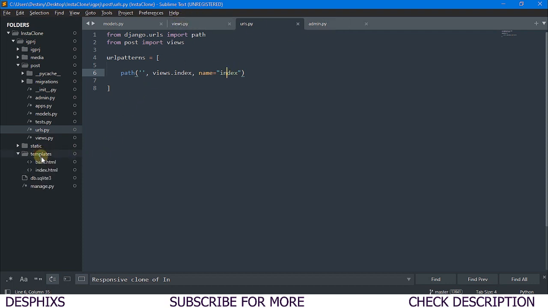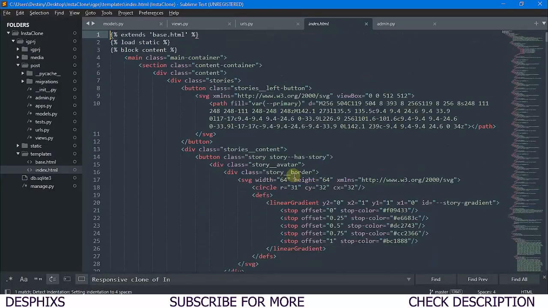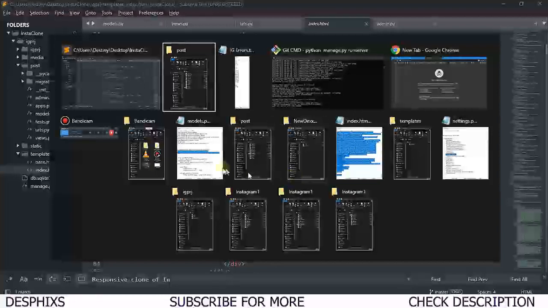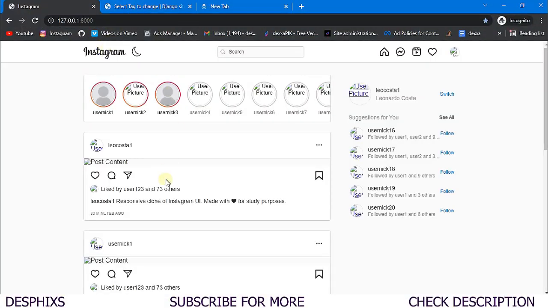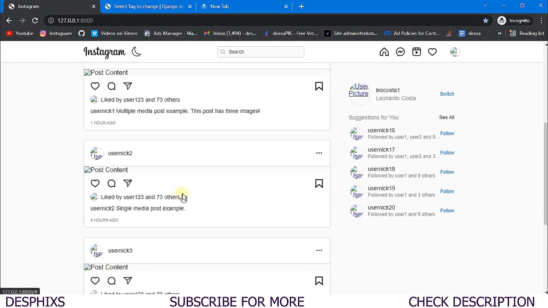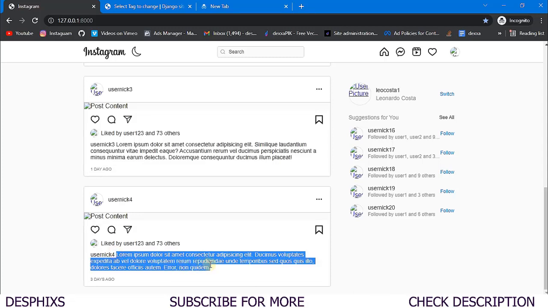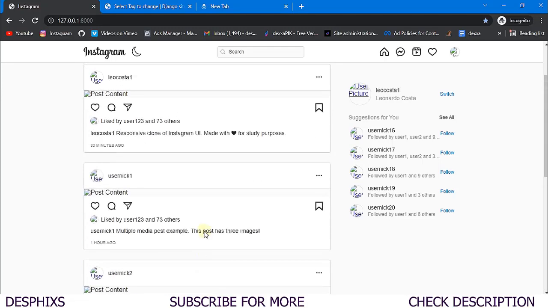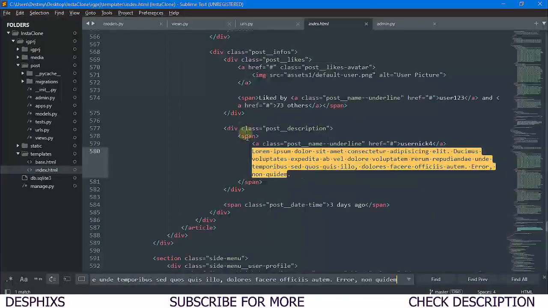So you remember in the templates, there's this one over here called index.html. We are simply going to run a for loop here. Let me come over here and open this again. Okay, so you see, these are the places that we are supposed to have the post. So I'm just going to get rid of some of them. I'm going to get rid of a lot of them. We're just going to stick with one. That's just what we want.